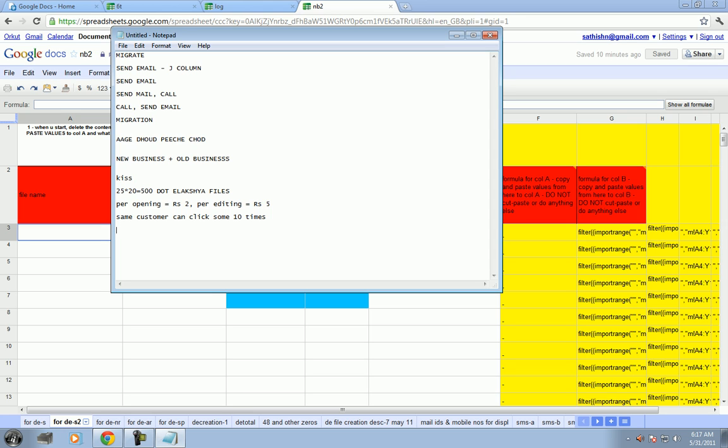All I am saying is that just for people to open and edit their elakshya files, on 25th we will do the calculations and we will disburse the incentives to you guys. Is this clear? What else should I do? If you think that per opening is low, I don't know, but it's the simplest thing to do, for people to see your email. Fair enough. I have announced this on record, so please go ahead and make people open it, and the record of who has opened it will be there in the log file. And on 24th we will disburse incentives on that basis. Clear? Excellent, great.